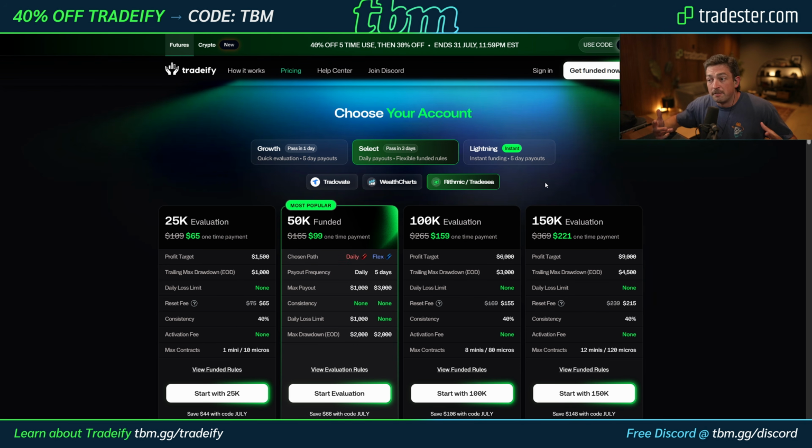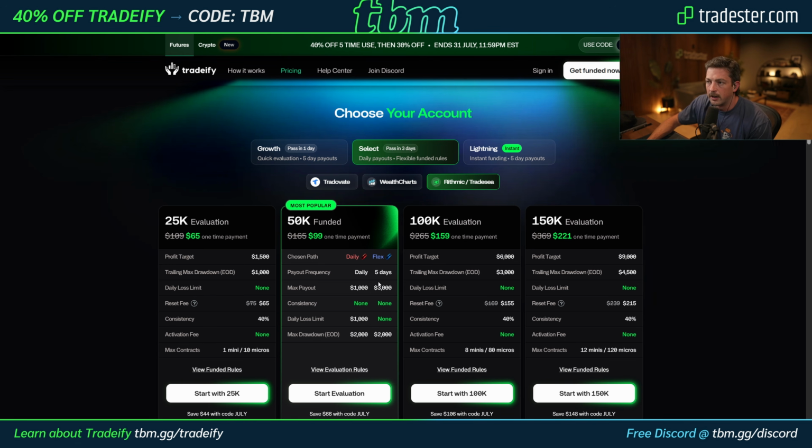So when we go into the funded stage of the select account, this is where it gets interesting. You get to take the red pill or the blue pill, daily or flex. Do you want payouts daily, or do you want a 5-day minimum of trading in order to make more money and get a bigger payout, right? Do you want a daily loss limit or no daily loss limit, right? So right off the bat, you can see here a $1,000 daily loss limit on the daily account versus none